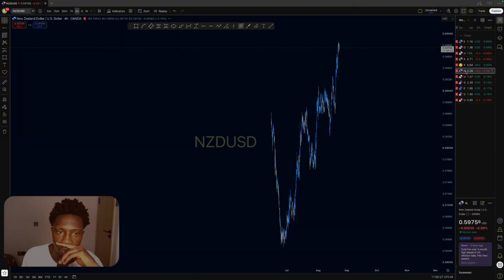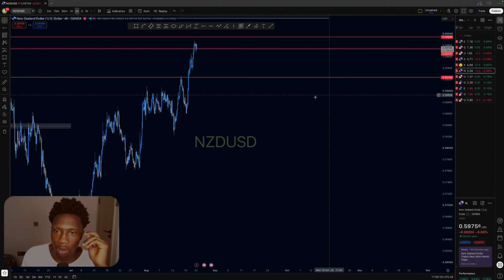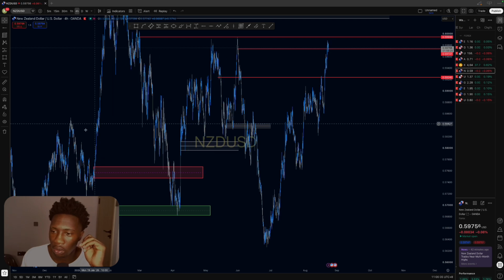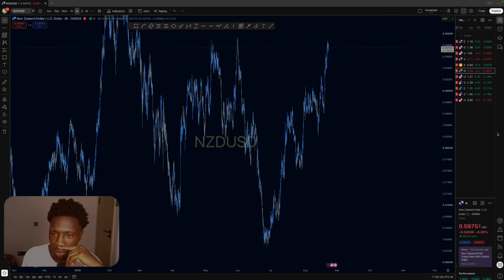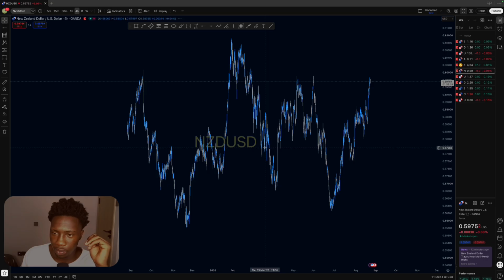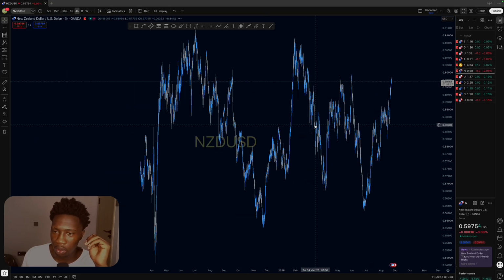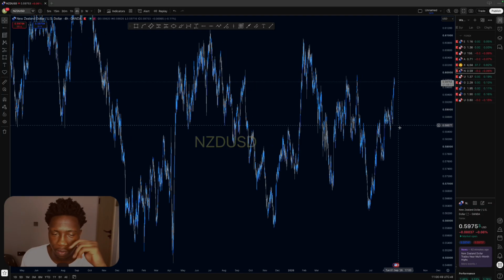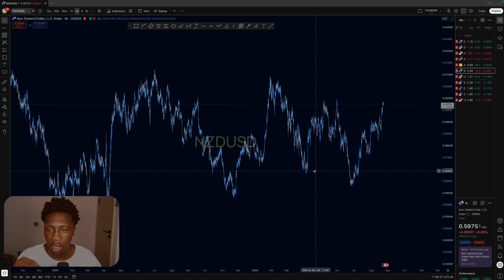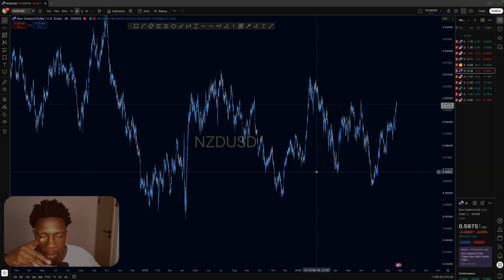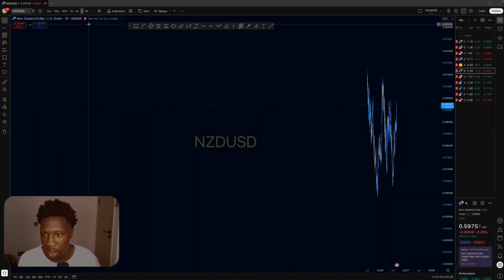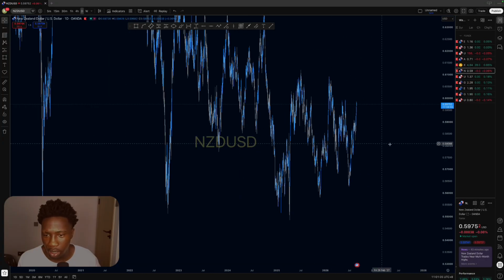And now we go to our NZD. NZD, I also have a trade on NZD, and on this trade, I said I want to sell the market starting from here to the downside. So let's see if the market is doing any kind of behavior. I can see that the market is doing a ranging style or a downtrending style, but